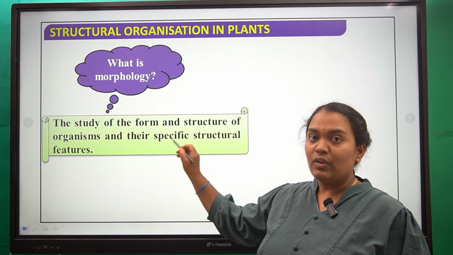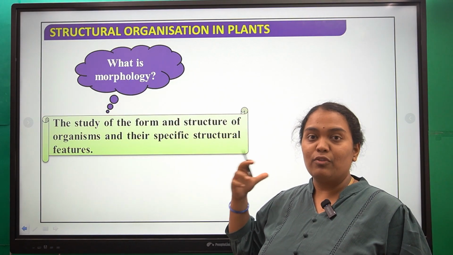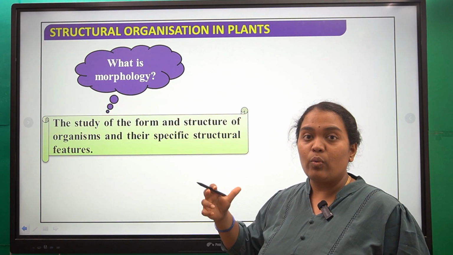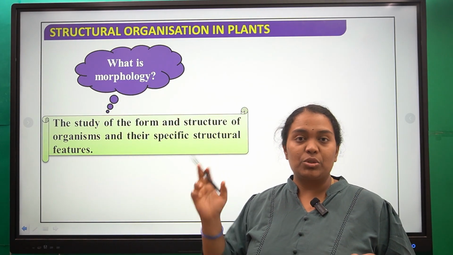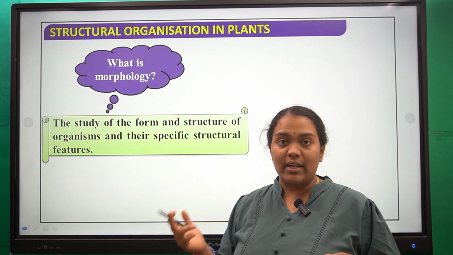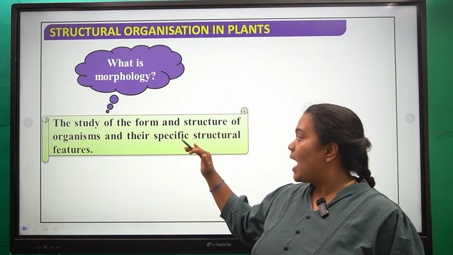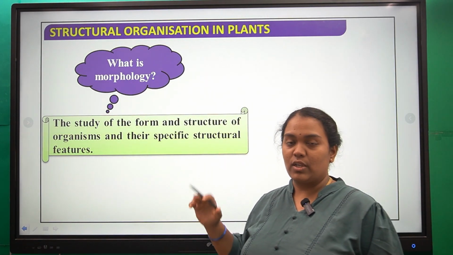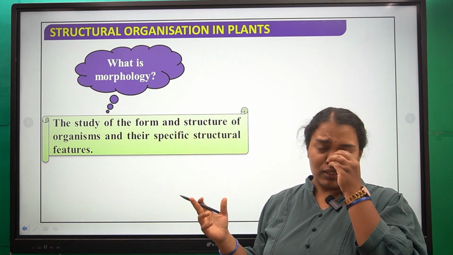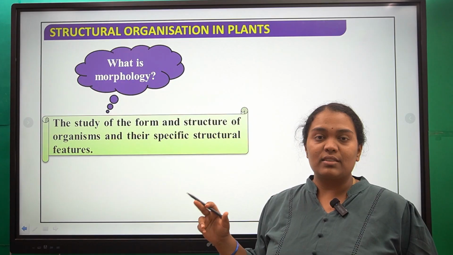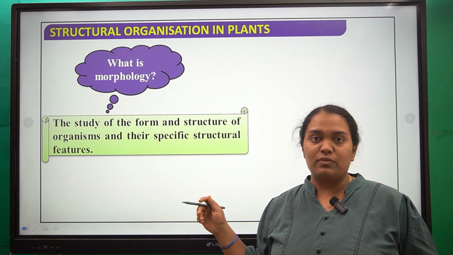So the study of the form means how you are able to see it, what are the modifications you are seeing in it, along with the structure of the organism. Is it having 4 legs, 2 eyes, or is it having 10 leaves or red color flowers? All this comes under the structure of the organisms and the specific structural features. For example, if you take mango, that is having a fleshy yellow color fruit, right? This fleshy yellow color fruit, or orange color fruit for the oranges, is nothing but a special feature of that plant.